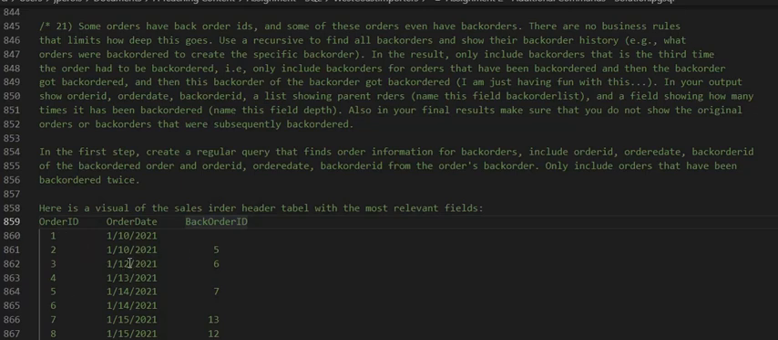So we have an order ID, we have an order date, and then we have something called the back order ID. The order ID is, of course, the unique identifier in the sales order header. We have an order date; usually there's also something like who's ordering it, maybe a salesperson ID or something. But importantly, it shows that this order here doesn't have a back order. So this one was not back ordered, but order 2 here was back ordered,